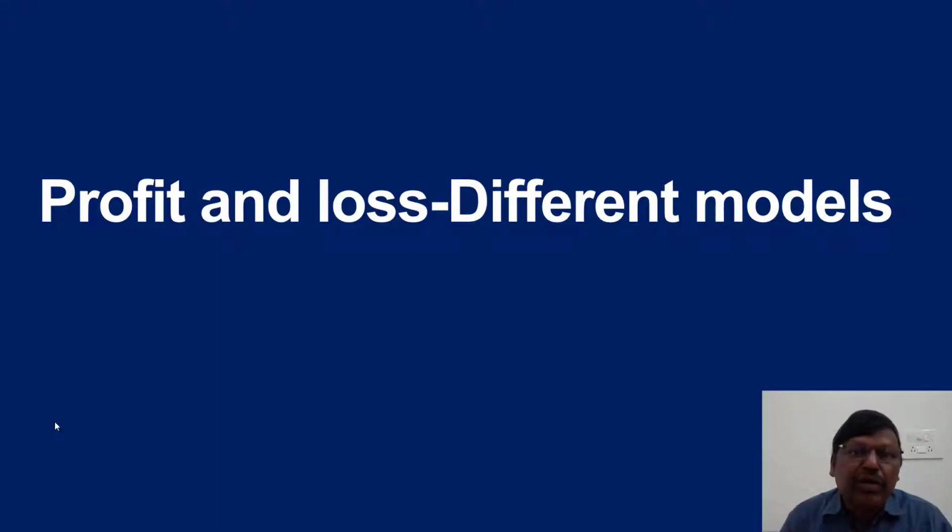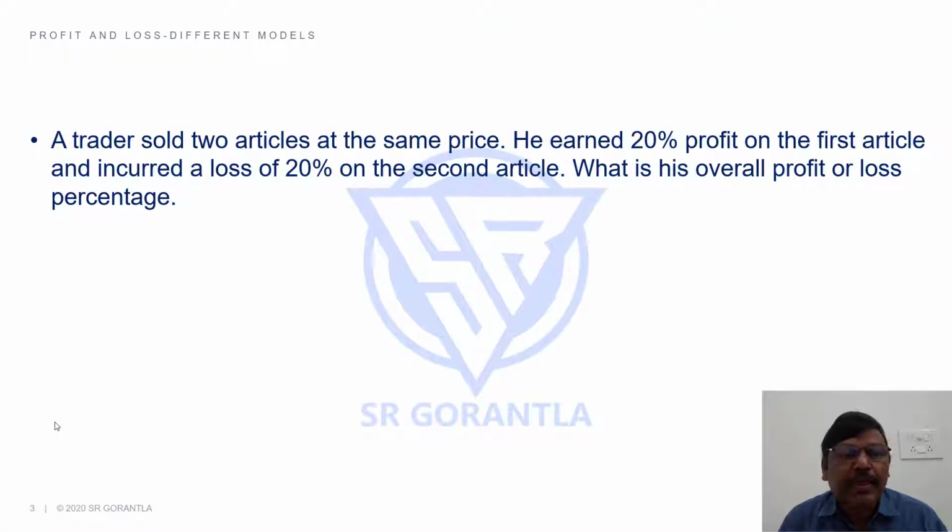If I have to sum up the whole concept of profit and loss in two statements, we can say this. Point number one, discount is always calculated on market price. Second point, profit or loss is always calculated on cost price. I hope you stick to those two basic points which we discussed in the previous session while solving questions in this particular session. Let's go to the first question. Please pause the video, make an attempt and then continue watching this.